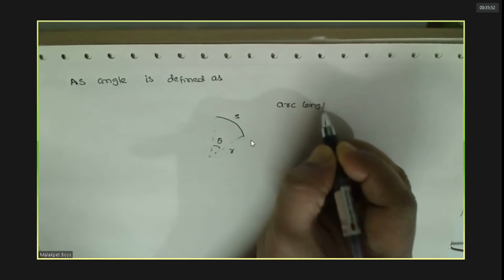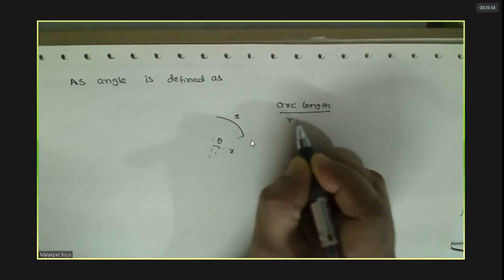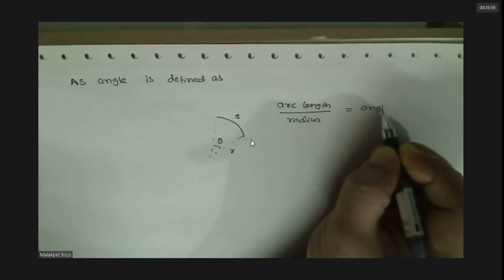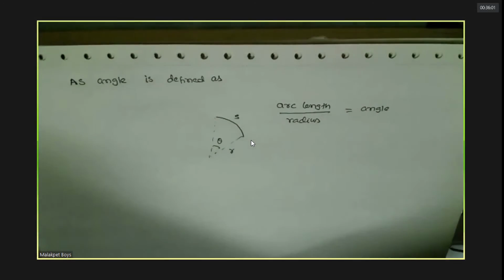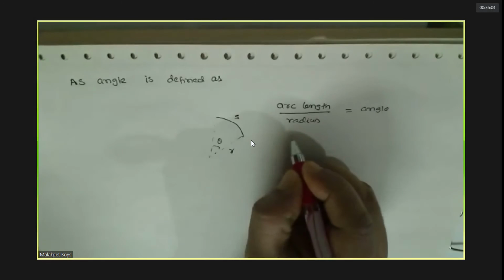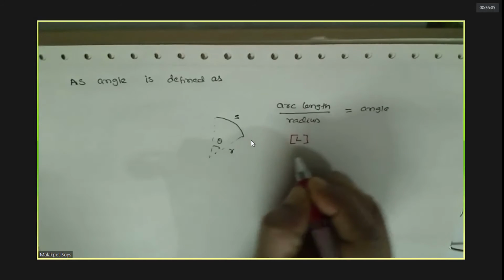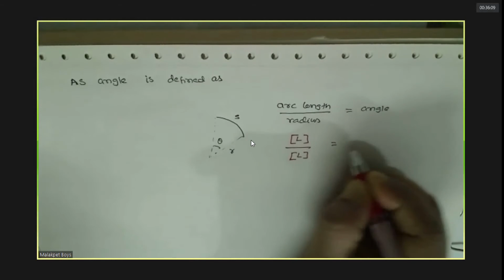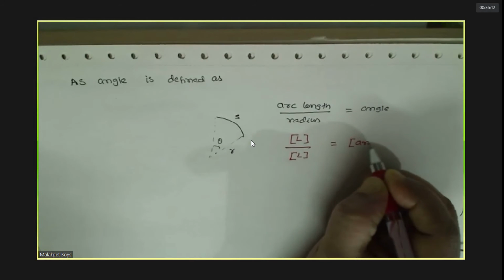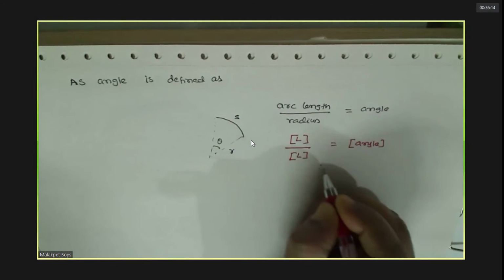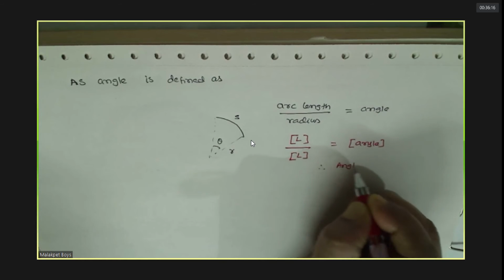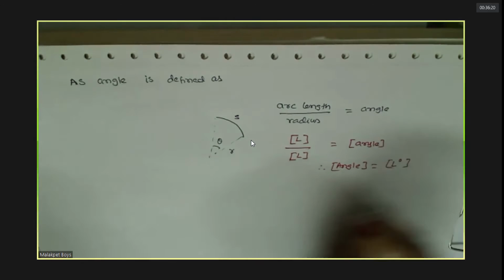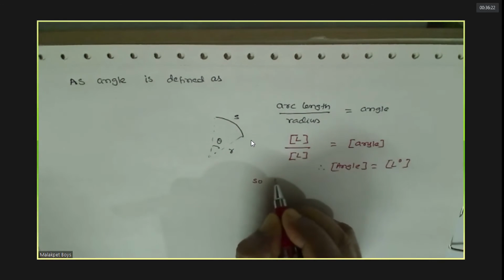Remember in trigonometry? Yes, sir. Now you can see that the dimensions of this is L. Dimensions of this is also L. So this is angle, no? Therefore, angle is dimensionless, no? So remember that